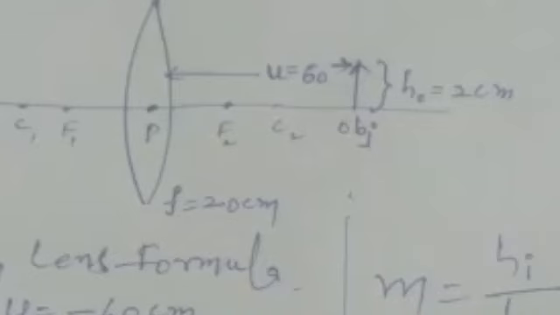The focal length of converging lens is 20 centimeters. Okay, a converging lens focal length is 20 centimeters. A 2 centimeters height object is placed at a 60 centimeter distance from the lens. Where will the image be formed and what kind of image is it? He is asking us to find out the image distance and calculate the height of the image and find out the nature of the image also. Okay, he has given the height of the object, object distance, and focal length of the lens, that is 20 centimeters.